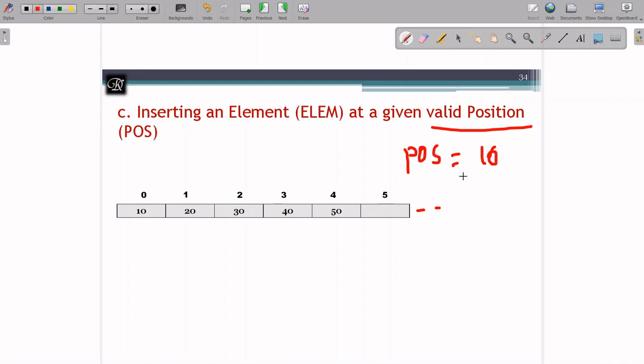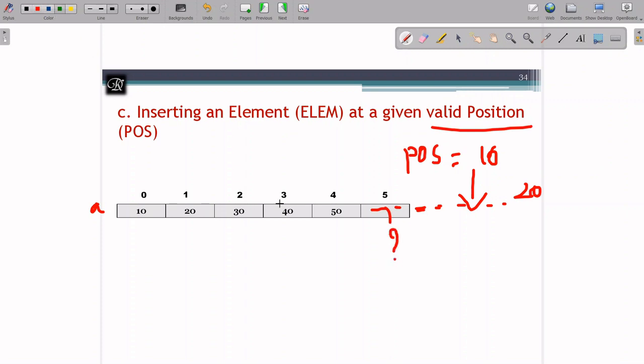and now in my array A, I might have up to 20 locations. But if I wish to insert at 16, it is not a contiguous allocation. As we are aware, the array is a contiguous allocation. There will be some empty places which will have some garbage values.